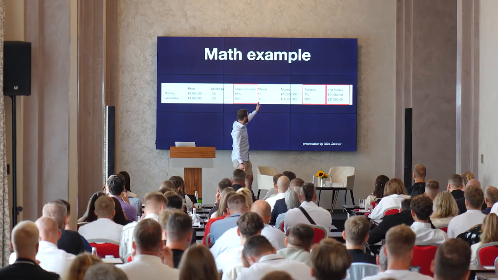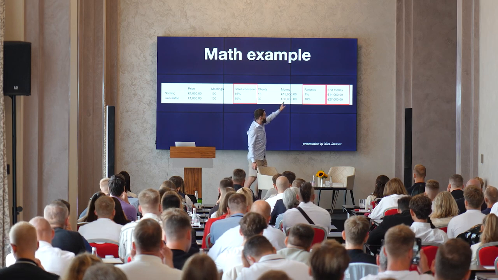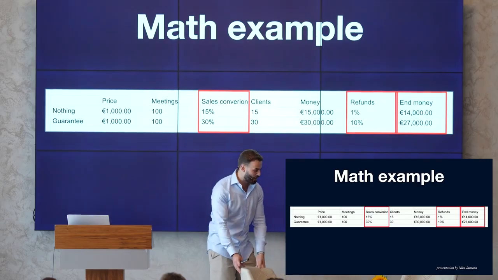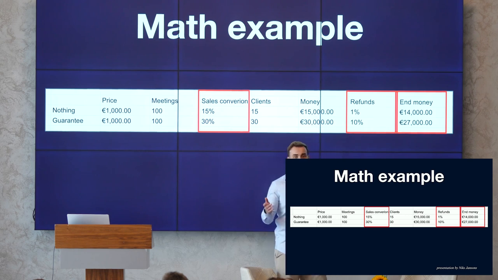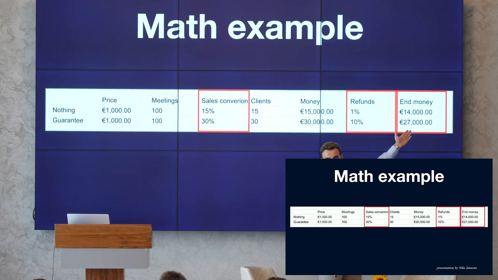So look at the numbers. You make 15K, and here you make 30K. But let's look at the problems. In the first option, there's still going to be one client who doesn't like you. He's going to complain so much, you're still going to give him a refund. Let's say 1%. And in the example where you have the guarantee, let's say every 10th client, you don't deliver, and they ask for a refund, and you need to give back money, 10% of people. Boom. Look at the end result. Where do you make more money? See?